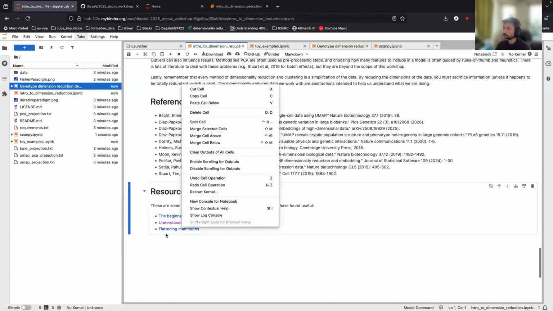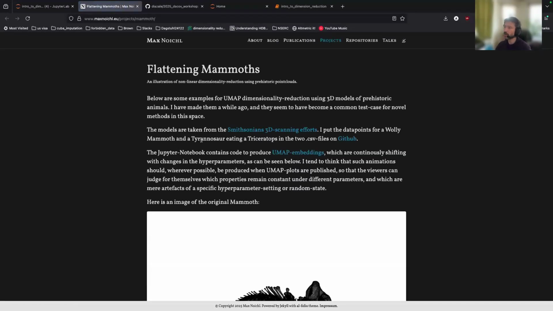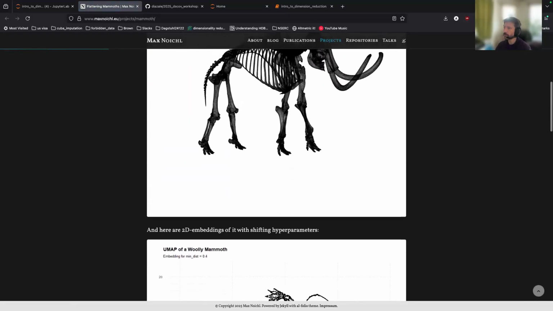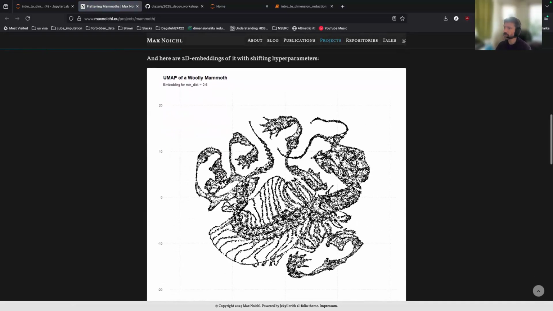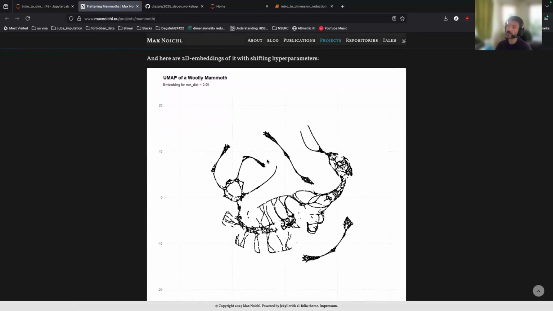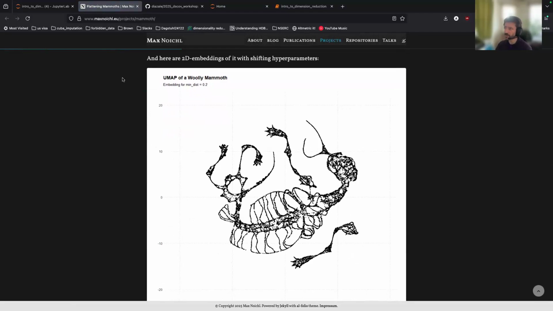This one was written by my buddy Max, Flattening Mammoths. I think this one is really cool at showing you how a method like UMAP transforms a 3D mammoth skeleton in 2 dimensions. So this shows how the different parameters work. So I would really encourage you to play around with this one, at the very least, just because it's a